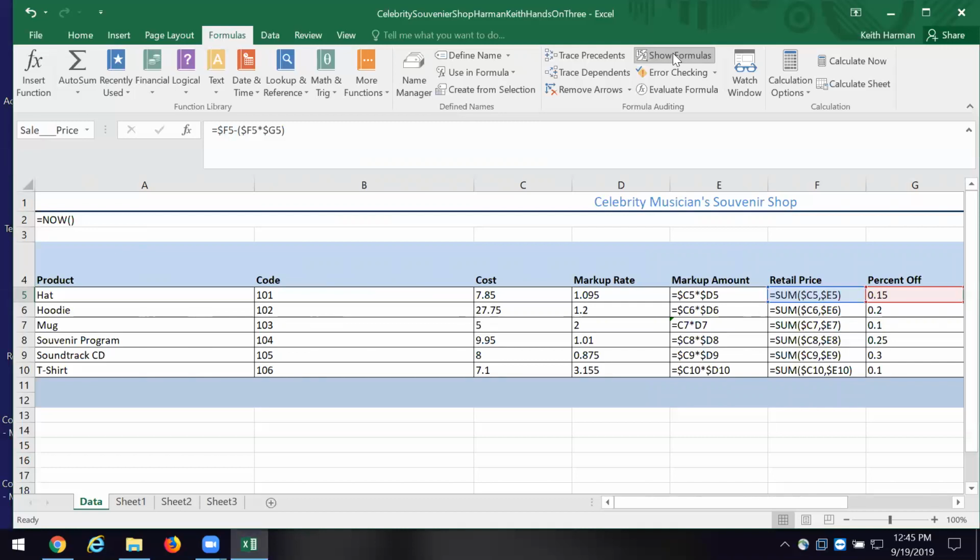That's how I order them. And then I've got a cost, and then I've got the markup rate. So right now I have two pieces of data that I can manipulate, and that's the cost and the markup rate.